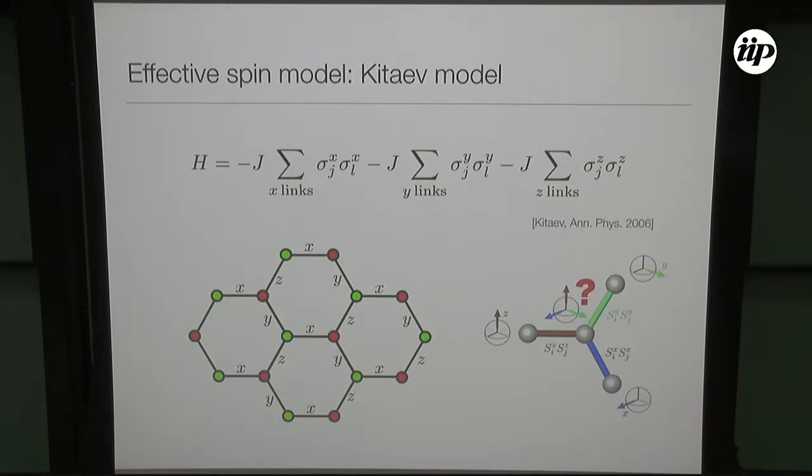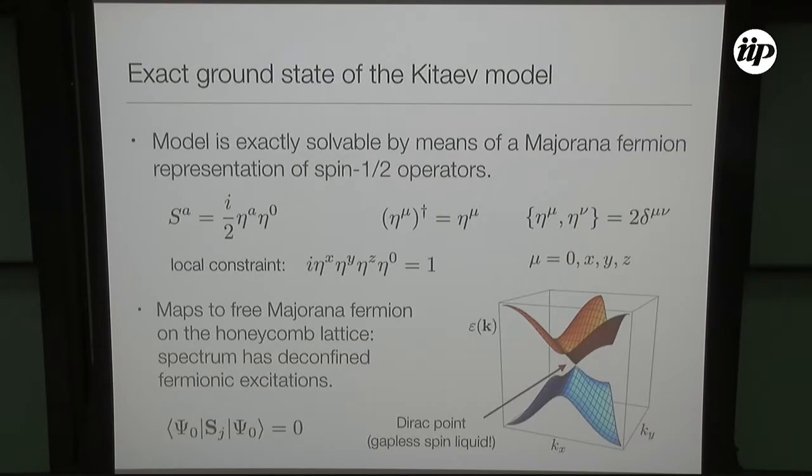And so this is an argument for why we could expect the system to have a quantum spin liquid ground state. In fact, Kitaev proposed this model way before people started talking about iridates, because he was interested in this model, because it is exactly solvable. And we know the answer for sure. The answer is that you can find the exact ground state of the Kitaev model using a representation of spin 1/2 operators in terms of 4 Majorana fermions. So this would be the 3 components of the spin operator, alpha equals X, Y, or Z, and then we're going to use 4 Majorana fermions.